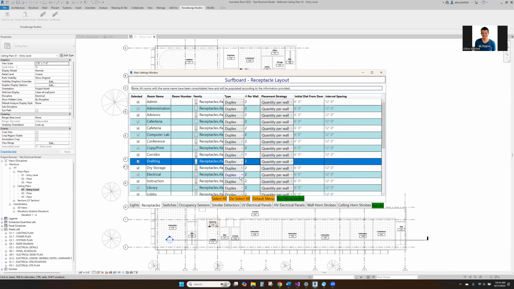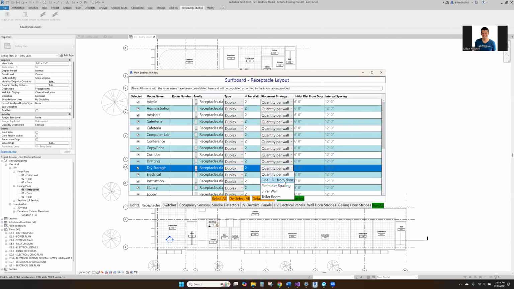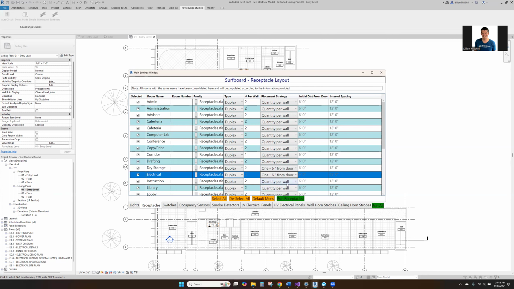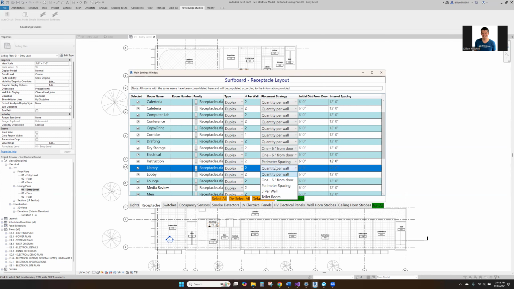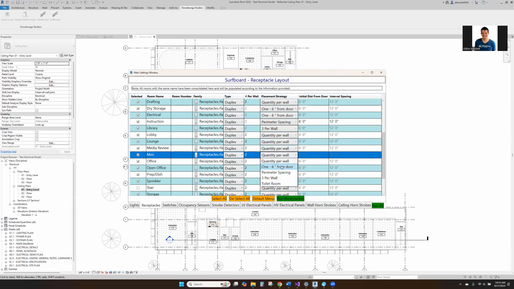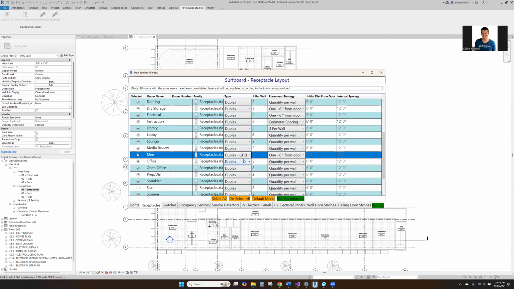In storage rooms, we can go with our 6 inches from the door. Same in our electrical room. Again, knowing a little bit about the spaces, how they're configured, goes a long way in making sure that it's what you want to have happen. Instruction rooms, here we can do like a perimeter spacing, something like that. In the library, we might want 3 per wall. So again, we just go through each of our rooms, select what we would like to have,